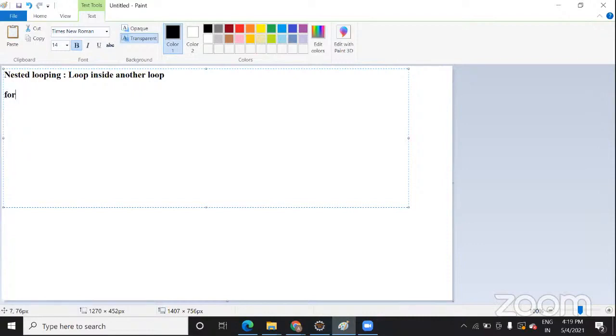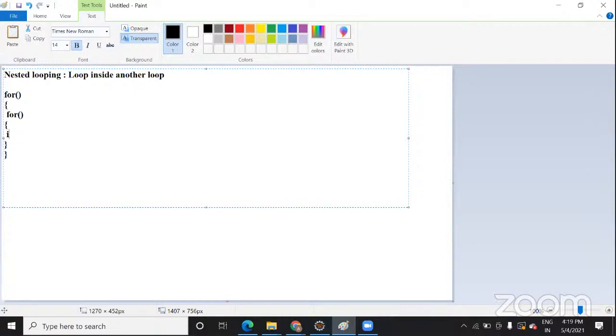A for loop, and inside this another for loop will be there, and inside this for loop you can use an if condition, and another if condition, nested if, whatever you want.